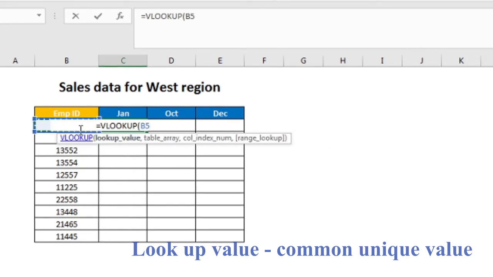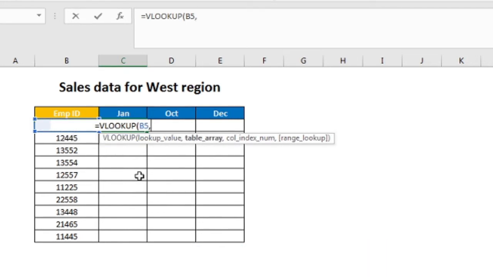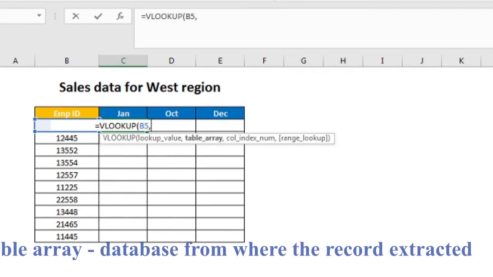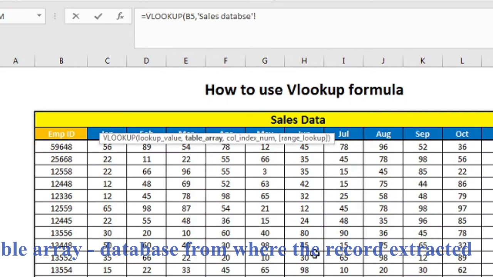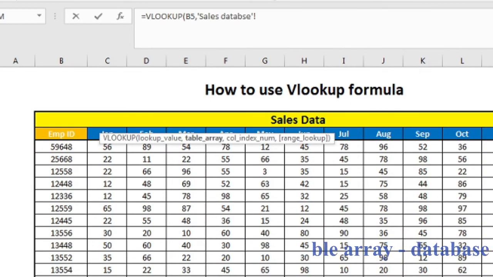So I selected the cell B5 over here, and then comma. Table array. Table array is the database from where I will be extracting the record, which is in this particular worksheet. So I will go over here. Do not click anywhere. Just select this database starting with the employee ID.